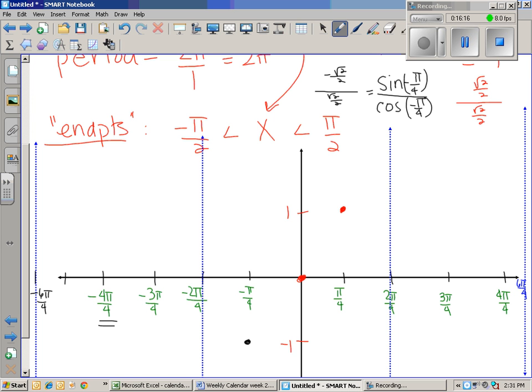And that is not a straight line, although my graphing skills would imply that it is. But it looks something like that. And it turns out that because the period,